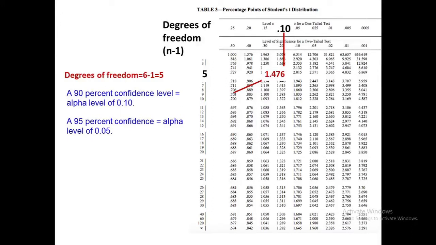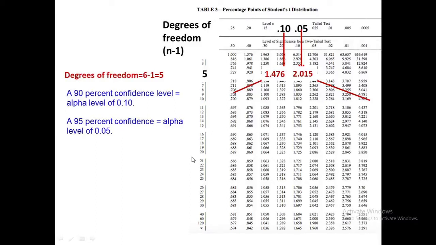On the other hand, a 95% confidence level is equivalent to an alpha level of 0.05. The number of degrees of freedom for the problem remains the same, that is 6 minus 1, which is equivalent to 5. The value in the t table for t 0.05, 5 is 2.015. Because the computed t value of 1.71 is smaller than the critical value in the table, the null hypothesis can be accepted, and the professor had evidence that the class mean on the math test would be equal to